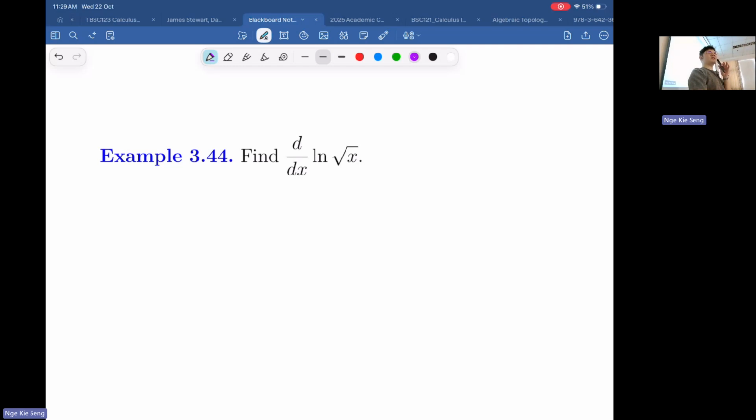So to differentiate a composite function, what do you do? What rule do you use? Composite function. No. What's the chain rule for? When do you use the chain rule? You also don't know. Very important. You need to remember when you use product rule, when you use quotient rule, when you use chain rule.